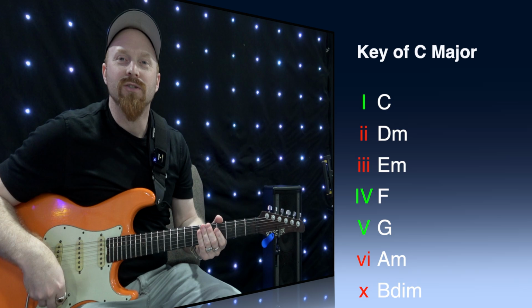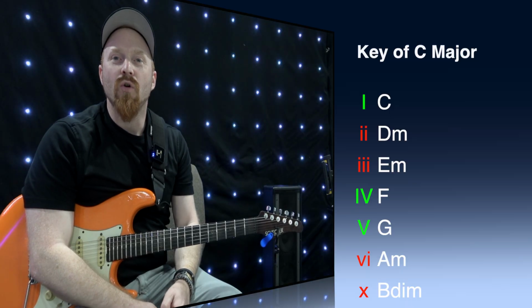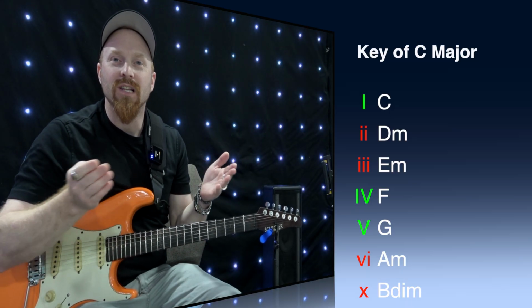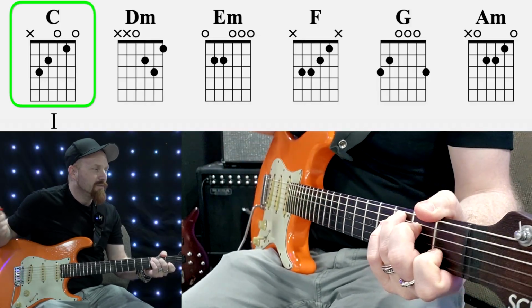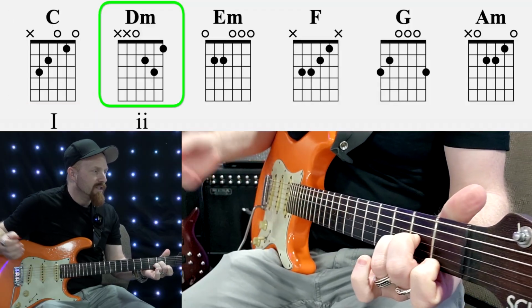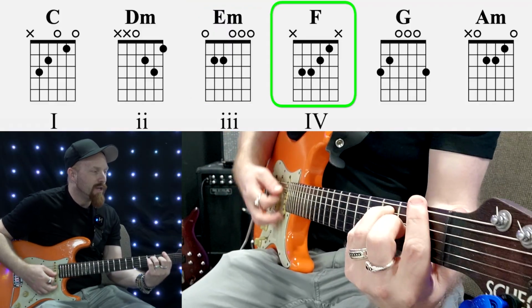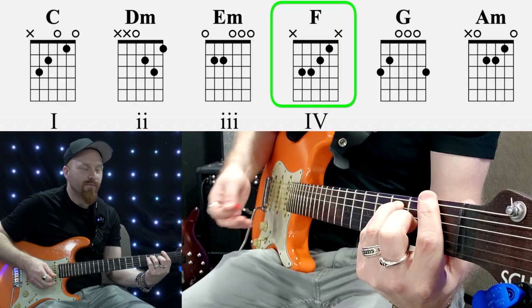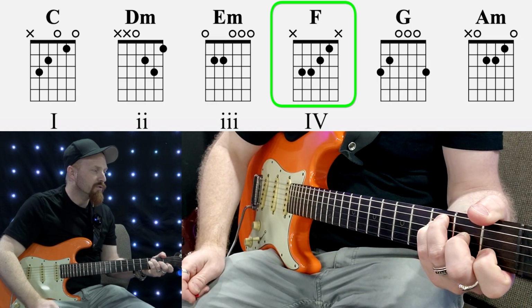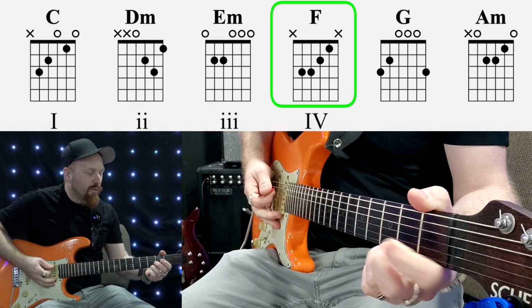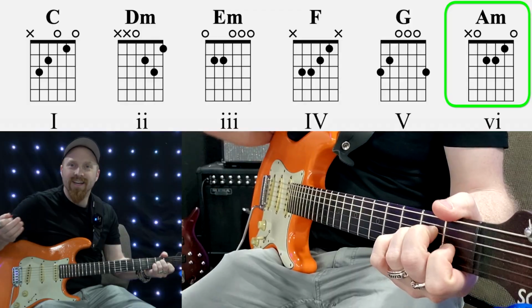The way I like to explain it to my students is that we really have six usable chords in any major key. So we're going to play chords 1 to 6, and we're going to leave out the 7th chord. So what does that sound like? If we play it on guitar, we'll have C major as the 1 chord, D minor as the 2 chord, E minor as the 3 chord, F major as the 4 chord. Now you can play that F any way you want. I'm doing the bar chord here, but you could do the partial F chord, and I'll put a little chart like that. So that's going to be your 4 chord. Then we're going to have the 5 chord, G major, the 6 chord, A minor,